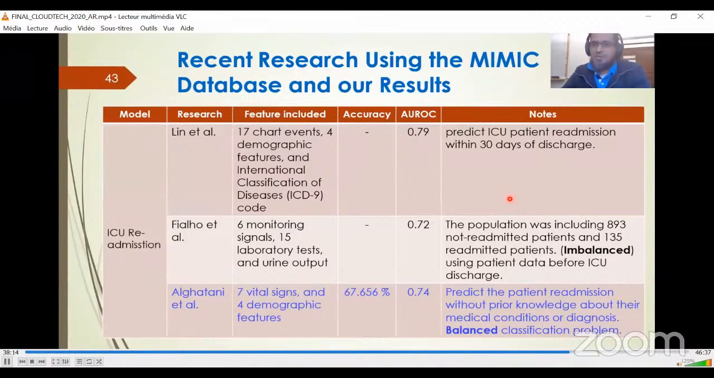I haven't seen any research using MIMIC to predict the physiological features and using balanced classification. I haven't seen that. Also for the abnormality, I haven't seen. This is based on